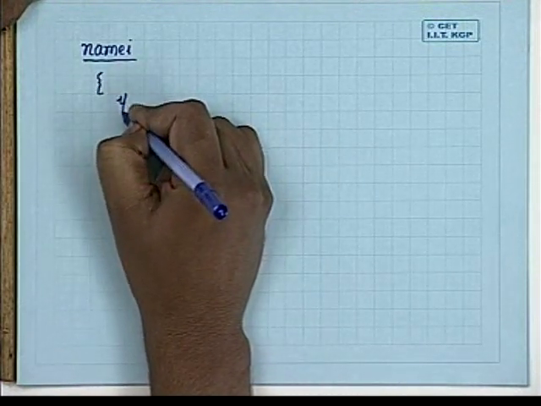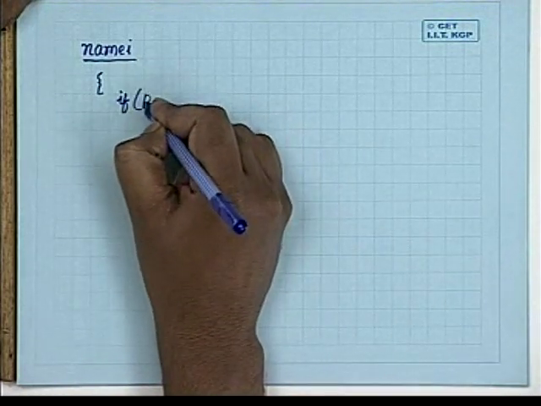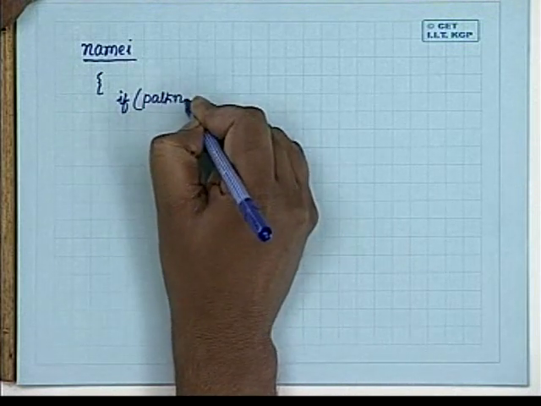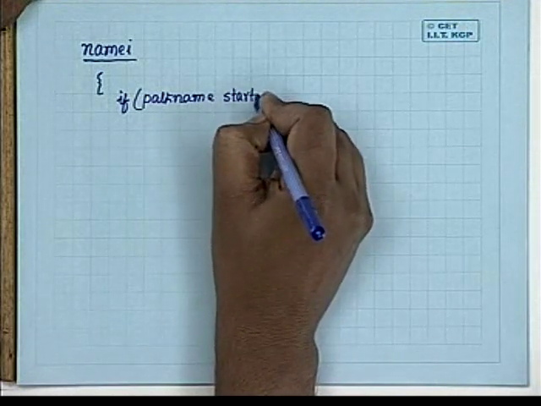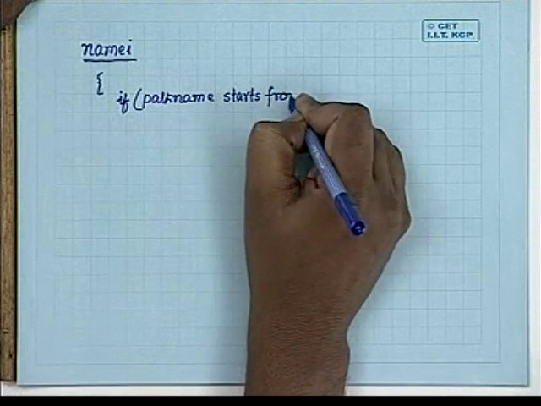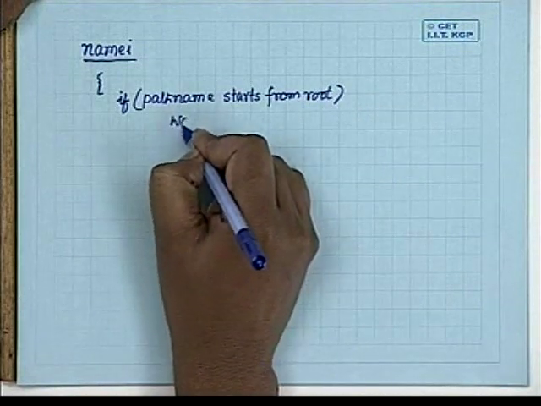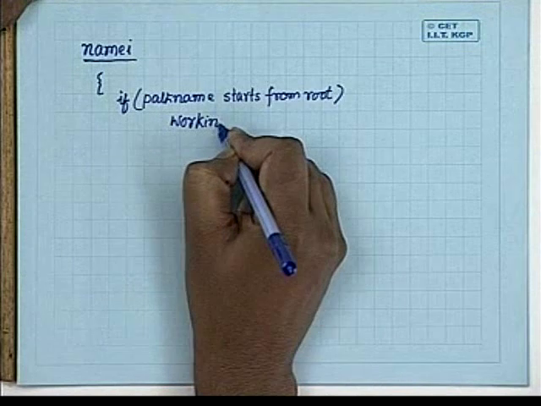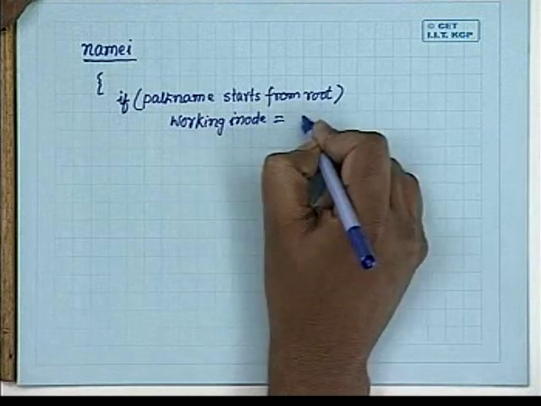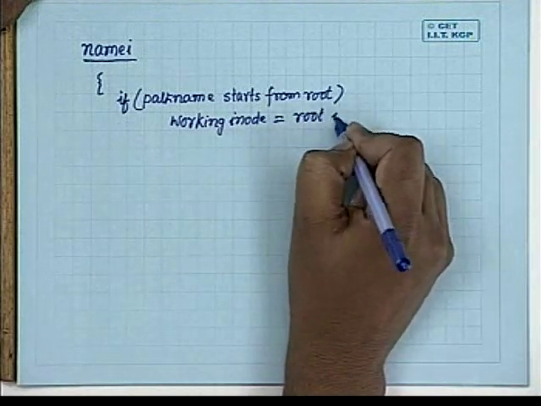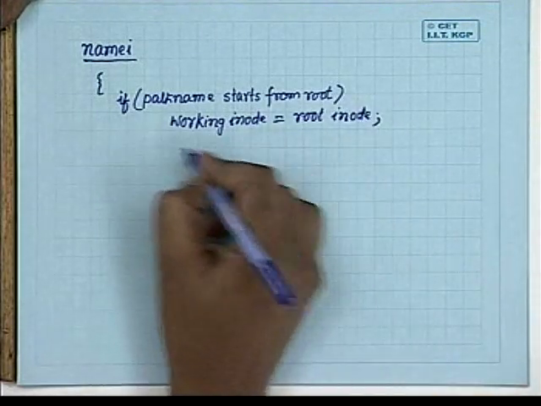First we have to check whether it starts from root or it is in the current directory. So if the path name starts from root, then we say working inode is equal to root inode. Okay. Else